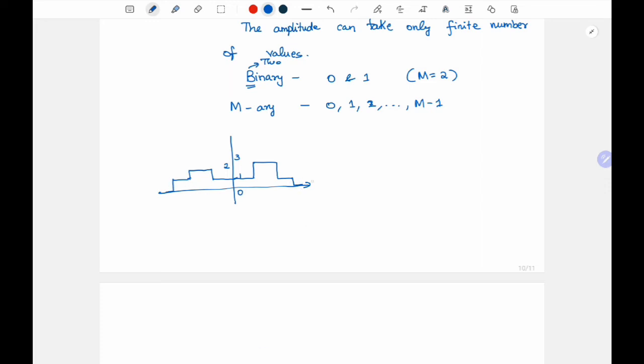Then you can see this time is continuous. So this change can happen at any instant. 1.1, 1.2, anywhere it can happen. You can see the time is continuous, but the amplitude itself is constrained to take only 1, 2, 3 or 0. So only 4 values, right? This is digital continuous time